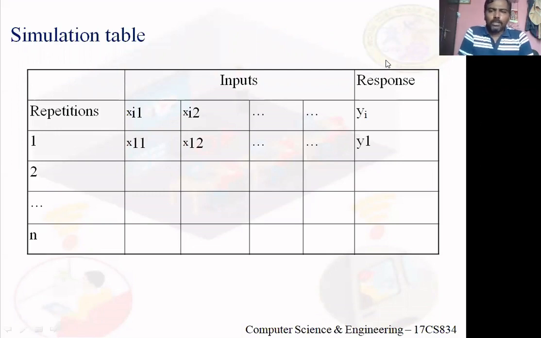So can you tell me what the response time for the third customer is? See, what is the actual response time? It is from the moment the customer arrives to the moment the customer departs. So the third customer arrives at time 20, right? The third customer will arrive at time 20.